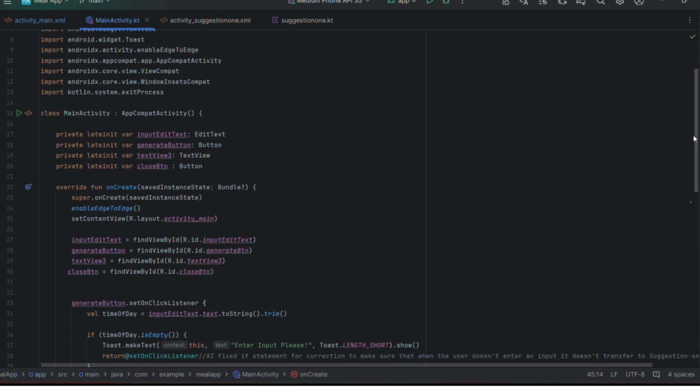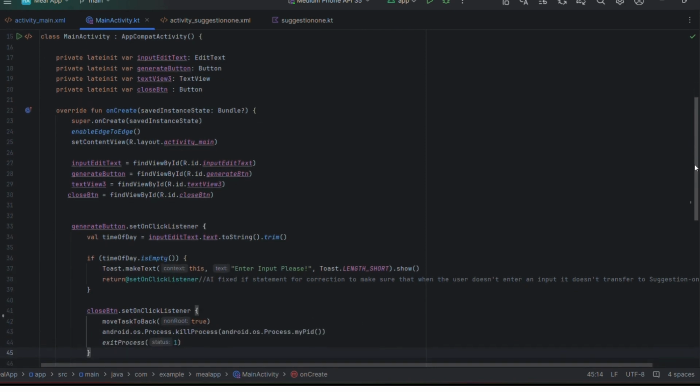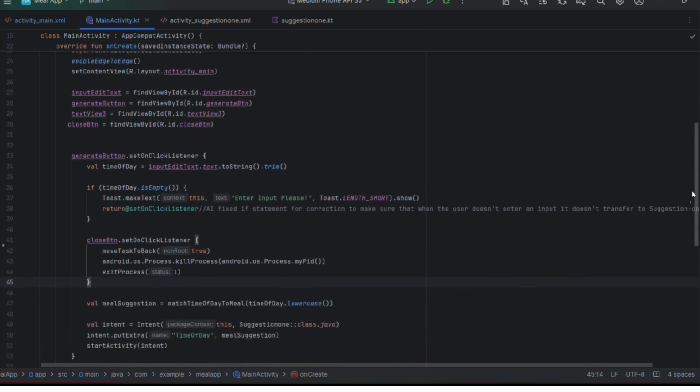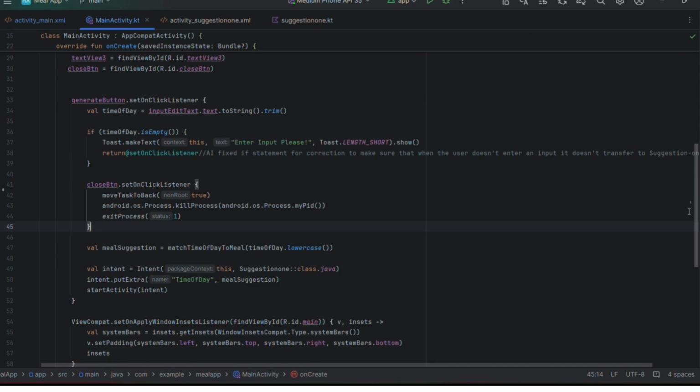We then come to my override fun, where we declare all my variables and give it functionality. As I had said earlier on, my generate button is to help generate what has been written in the edit text to give you an answer in the text view